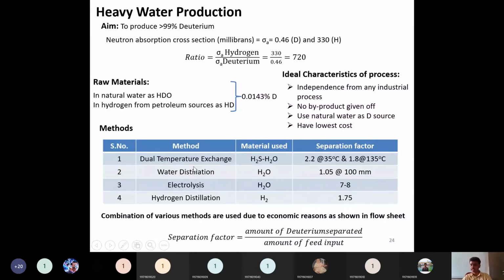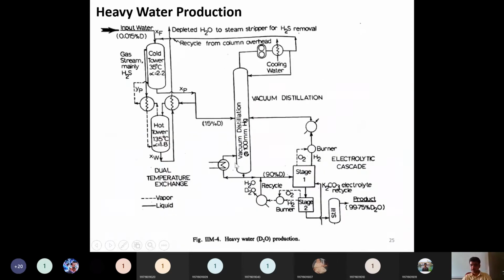Water distillation has to be performed at vacuum conditions, so this will be operated around 100 mmHg. This vacuum tower, vacuum distillation, means subatmospheric pressure distillation. After it has been passed through this distillation column, the cooling water is stripped out and recycled. Okay, all this will be recycled. Whatever fraction has not been converted will once again be recycled back to the cold tower.